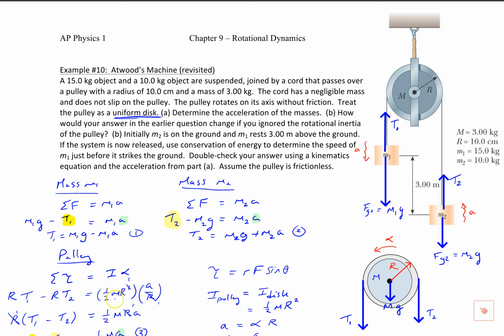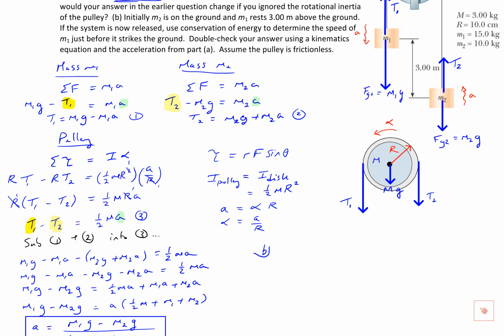You can imagine if m goes to 0, then the right side is 0, and the two tensions would have to be equal to each other. So T1 and T2 would have to be essentially equal to each other in the above problem. So for part B, you could just say T1 and T2 would be equal to one another,